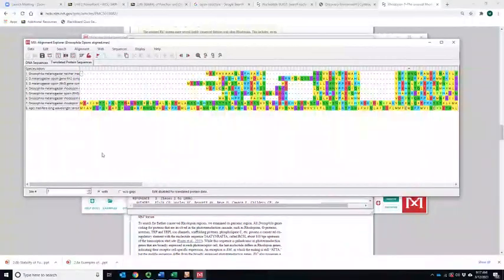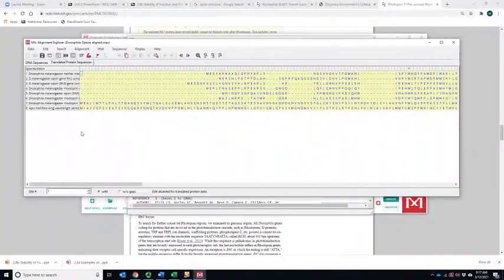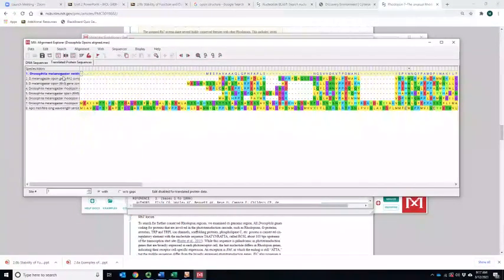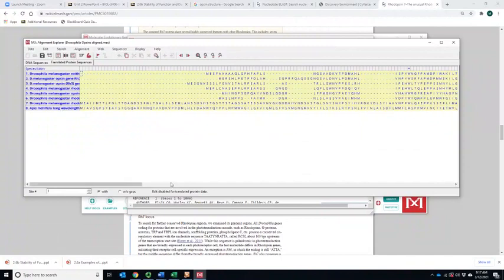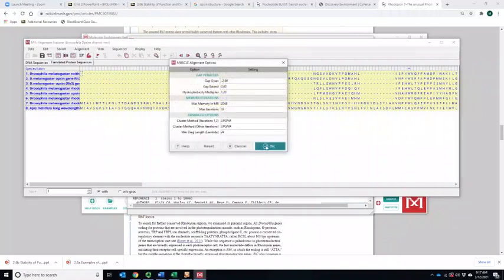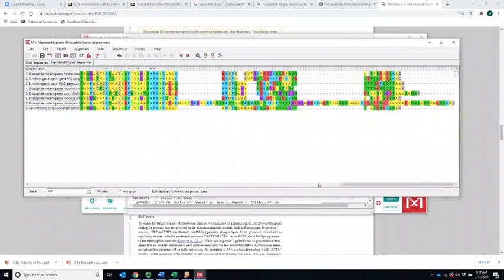So same thing, all I'm going to do is use Control A. You want to do this in the protein view because proteins are going to be a little bit more conserved than the nucleic acids. So Control A, or pick the top one, hold down Shift, click the bottom one to select all the sequences. And then let's do a new alignment. So I'm going to do Mega, Align Protein, and hit OK. So now